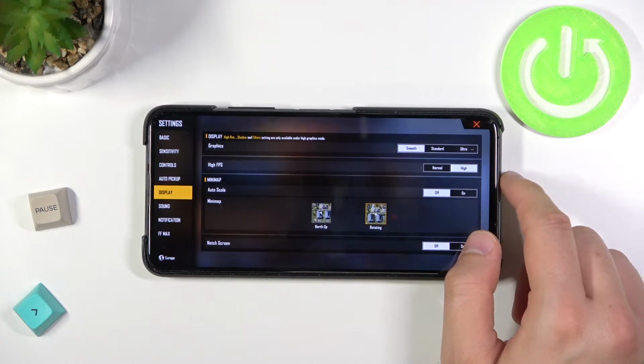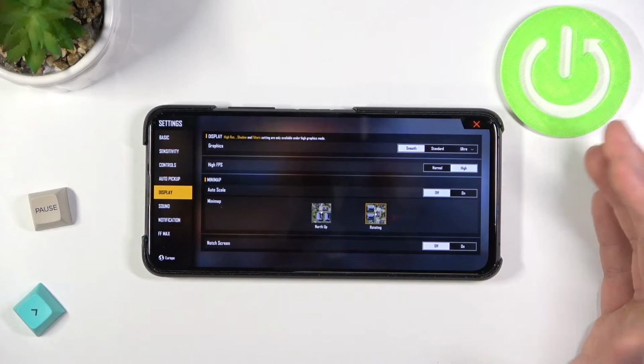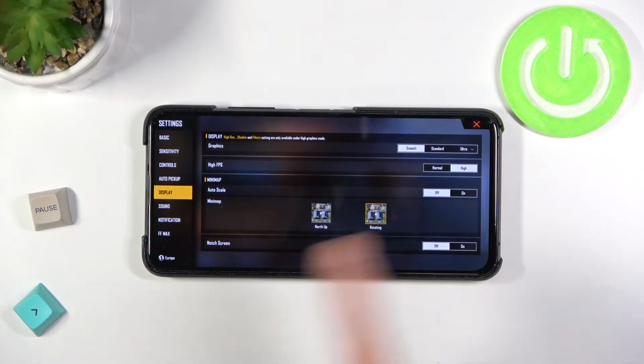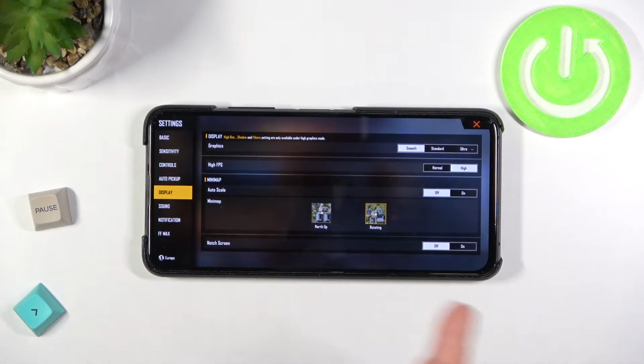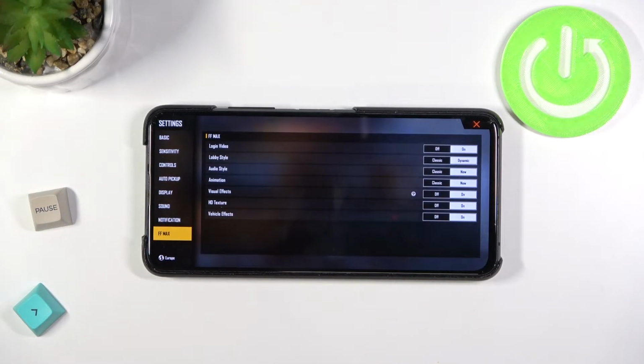You can also enable the high FPS, frames per second, to make your game a little bit more smooth than the normal. So that's very obvious. We can also go for the FF Max, where we can, for example, turn off the